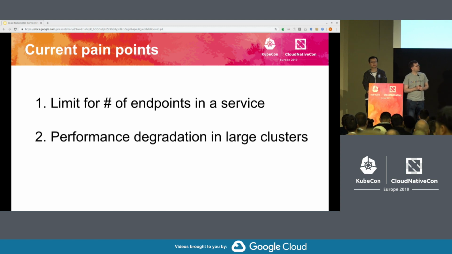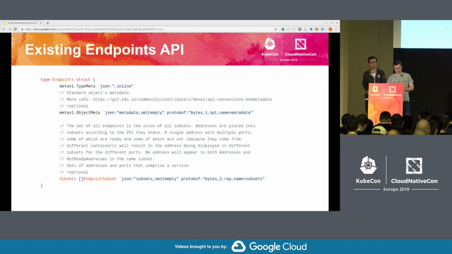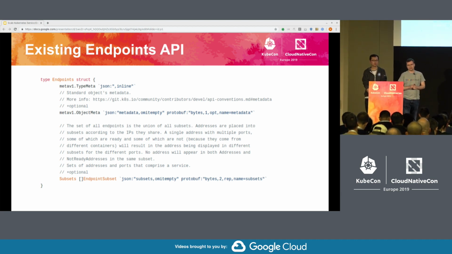So where are those coming from? What is the reason for those problems? The root cause of both of them is actually lying in the Endpoints API. The Endpoints API has been designed in very early days of Kubernetes when scalability wasn't really a concern. People weren't thinking much about scalability implications.